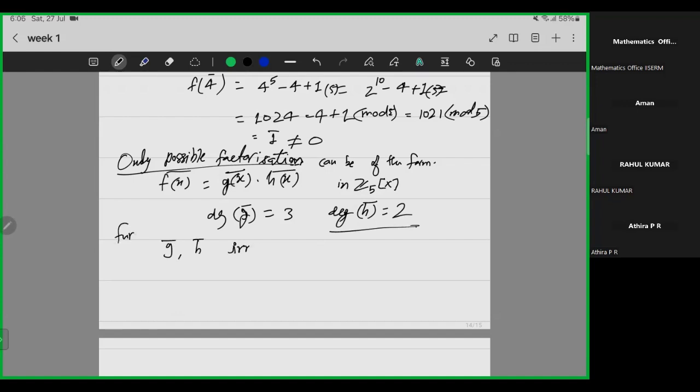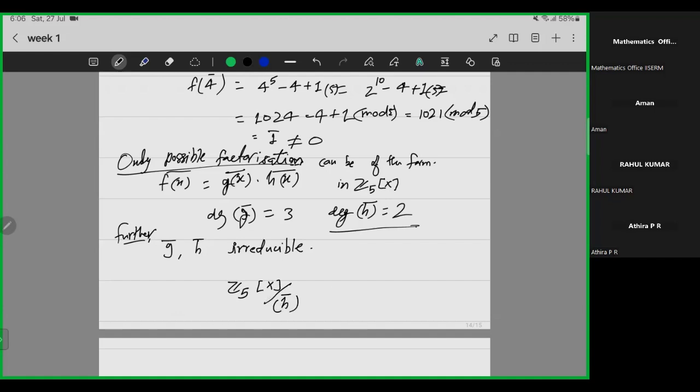Further, irreducible. Why? Because if they are reducible, one linear factor will appear in g or h, and that will be a linear factor of f. So it will give a root of f, right? So better g and h should be irreducible. So if you have h of degree 2 irreducible in Z5[x], so over Z5, if you see Z5[x] modulo h bar,